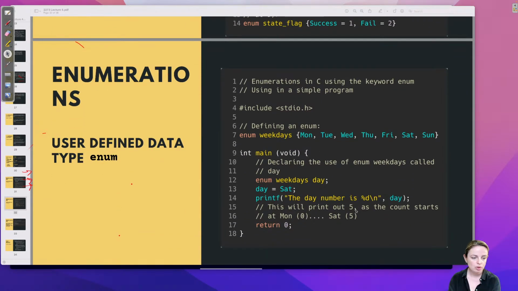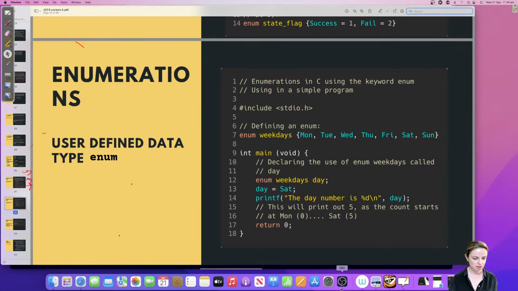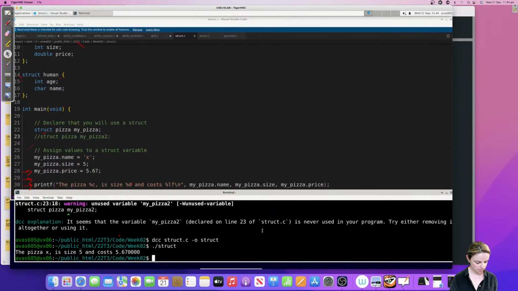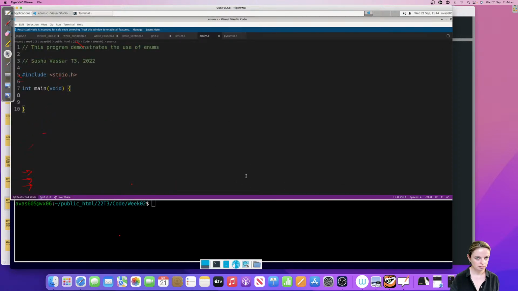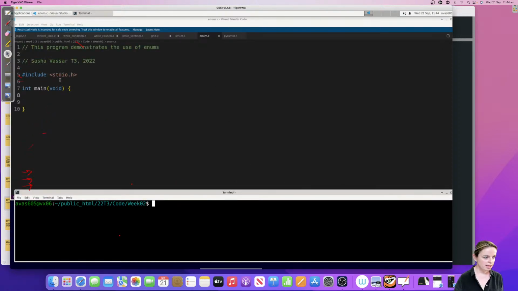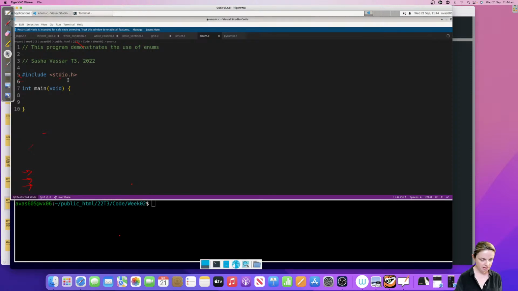So let's do just a simple demonstration so I can show you what it's doing. I'll do this piece of code, in fact. Okay, let's do an enum. Enum, same as a struct. I'm going to define it outside. And I'm going to call it, I don't know, weekdays. It is there to improve readability, absolutely. And it just improves your code.